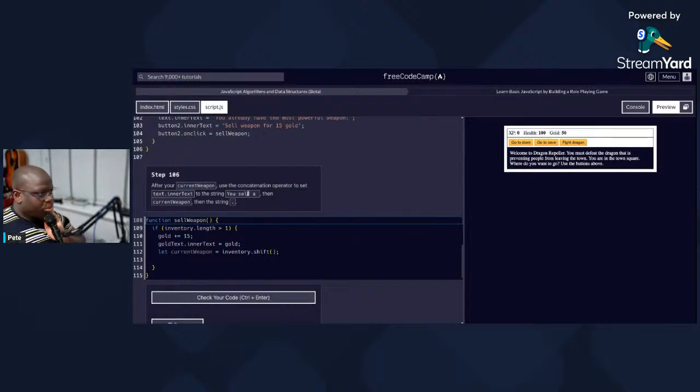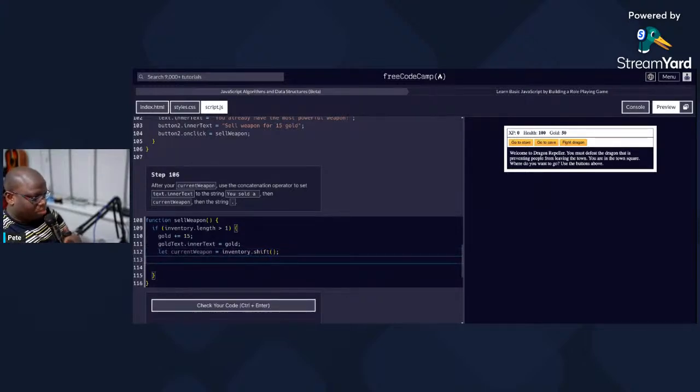Now, after your current weapon, use concatenation. I'll set inner text to the string: you sold a, then current weapon, then string. Cool. So yeah, they initialized it at the point of declaration with inventory.shift, and now we are going to say text dot inner text is equal to